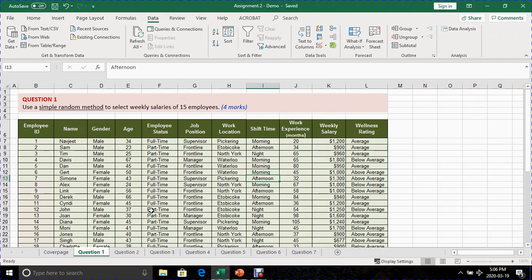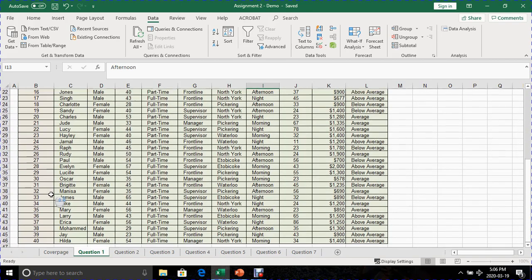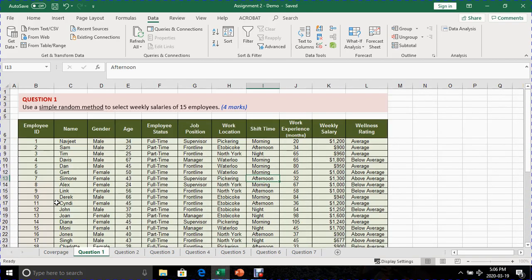I would like to begin by describing the data set that I've asked you to work on. The data set represents 40 employees and various information were collected on each employee. The data collected include the employee's ID, their name,